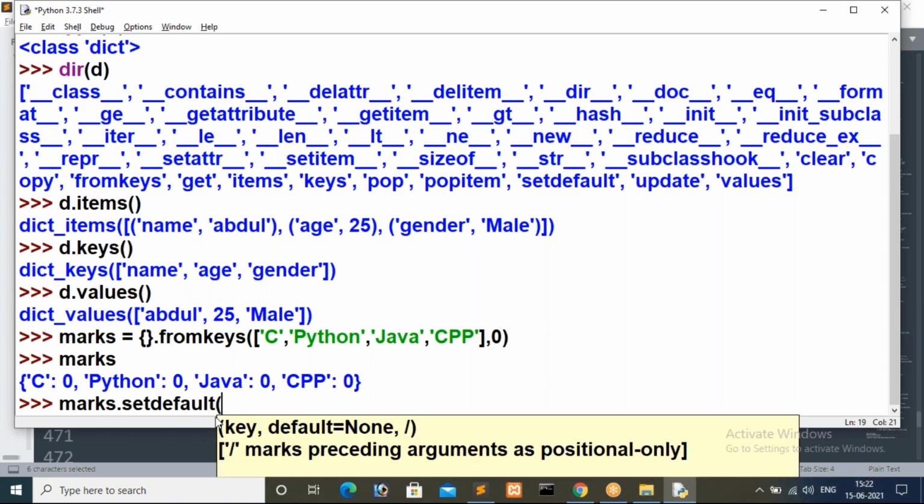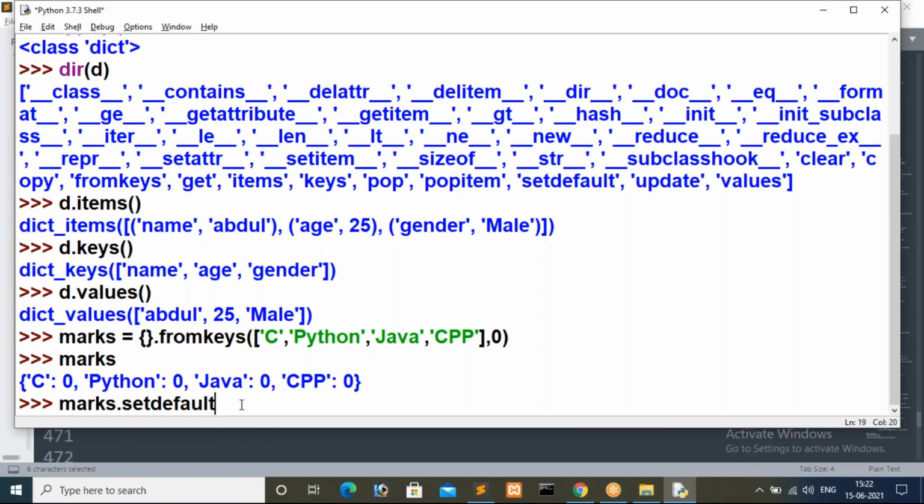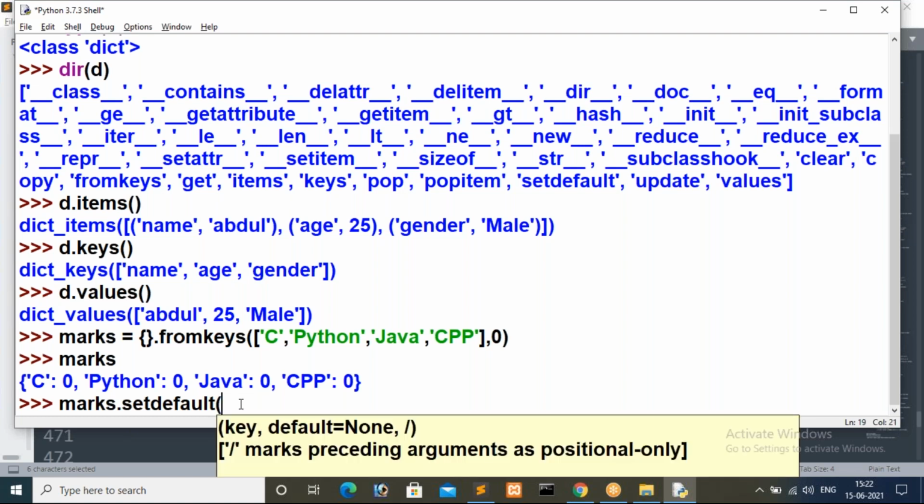When I call the setdefault method, how many parameters is it going to take, guys? You just observe in my suggestion. When I open the parenthesis, it is going to suggest something. Did you observe that? How many parameters is it taking, guys?